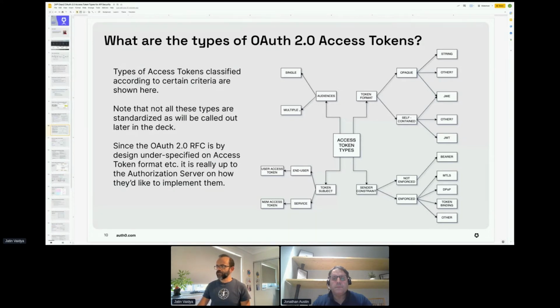If the access token has multiple audiences, the same access token can be used across multiple different APIs. Whereas if it's a single audience, I can call only a single API or a group of logical APIs, using that particular access token. So that's a good question there.